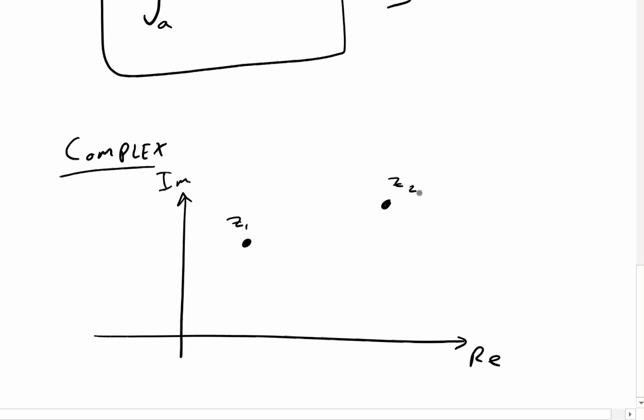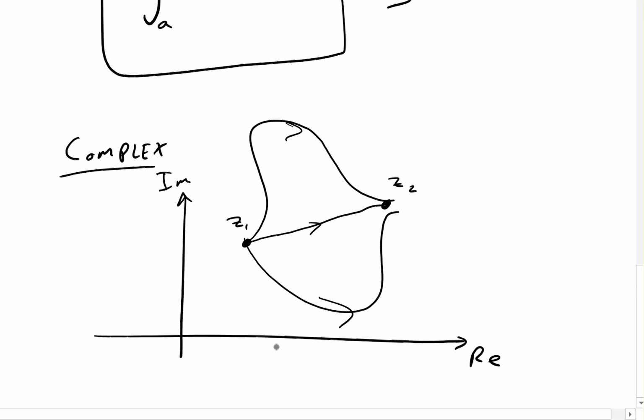In actual fact, there are an infinite number of possible routes that we can take. We can go directly from Z1 to Z2 in a straight line, but we can also take a really weird path. If you like, we can keep going all the way to the other side of the universe and come back to Z2 if we want. The idea is there's an infinite number of paths to get from Z1 to Z2. So we need to somehow define a curve. We need to parameterize a curve. We need to make up a curve that defines the path between Z1 and Z2. In order to do that,